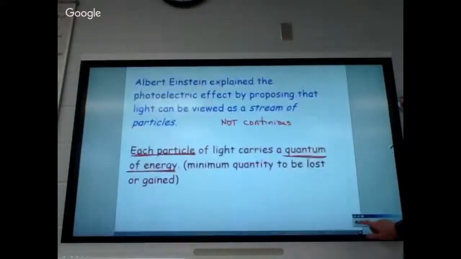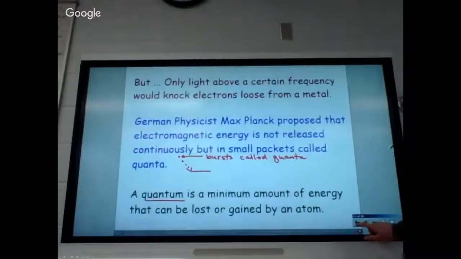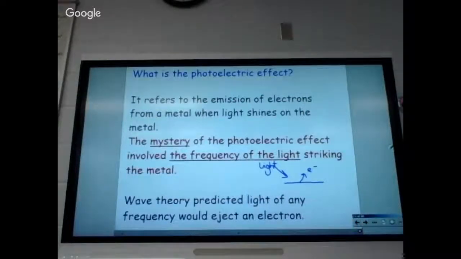All right. So for those people who don't remember, the photoelectric effect is about getting an electron out of a metal. What has to hit the metal in order for an electron to come out of the metal? Photon. Light. Okay, let's start easy. Light has to hit the metal. Now, will any kind of light cause an electron to leave the metal? No. A certain kind of light has to hit the metal.